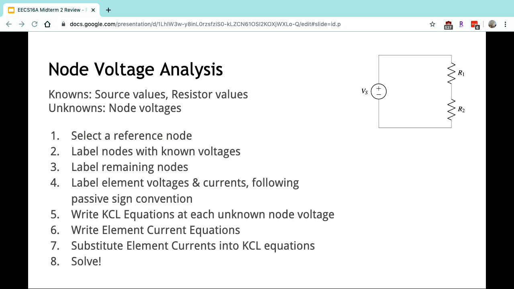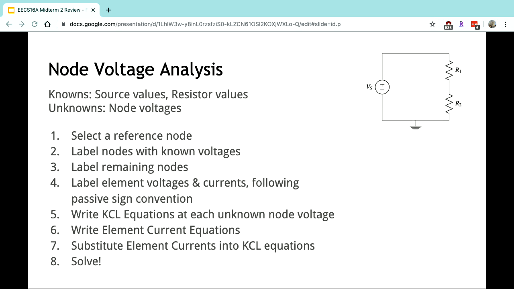Okay, so once all of those things are very clear, the next thing we can talk about is one method to solve circuits, which is node voltage analysis. We have these steps here. There's also a note on this on the website. We have a bunch of different steps, so I'll talk through them very quickly. So here I have an example circuit. The first step is always to set a reference node or a ground somewhere on the circuit. You can basically pick any spot. So I picked this spot on the bottom.